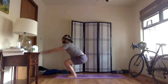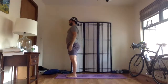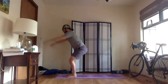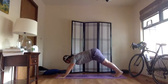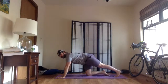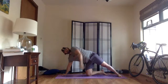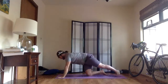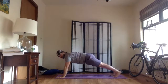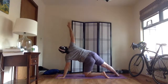Chair pose, Utkatasana, any level that's working for you. Back to standing, Samastitihi. And again, chair pose, plank pose. Right knee down, side plank, left arm up. Left arm windmills and steadies. Come back to plank, top of a push-up, firm the legs, left knee down, right arm up, right arm windmills,